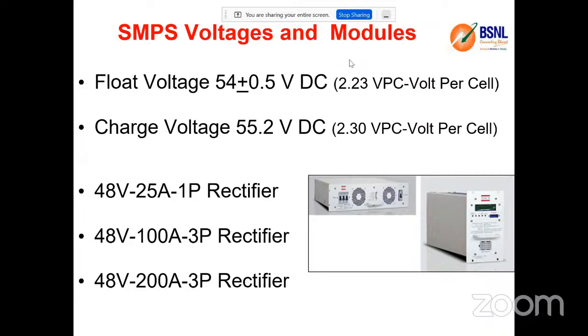But during charging, so that the current has to flow from the SMPS to the battery, the charge voltage will be slightly higher. That means 55.5. So the charging voltage will be larger, the floating voltage will be moderate, and finally the desired output voltage is minus 48. So we will have an internal loss, a transmission loss, and regulation, and finally you'll get a 48 volt output.